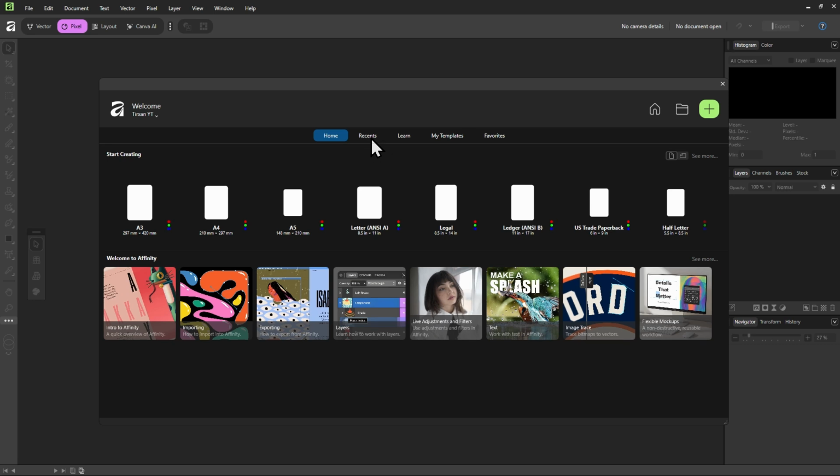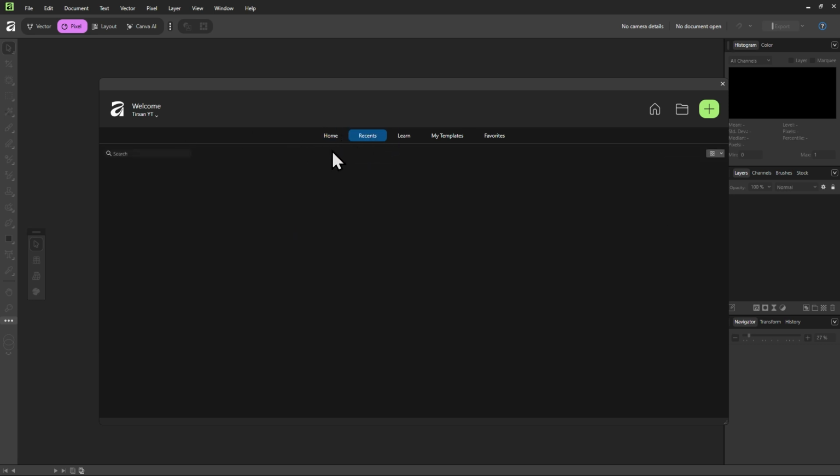There is recent, which is for projects that you have worked on in the past, but since we haven't made a project yet because this is the first time we open the app, then there's nothing here yet.